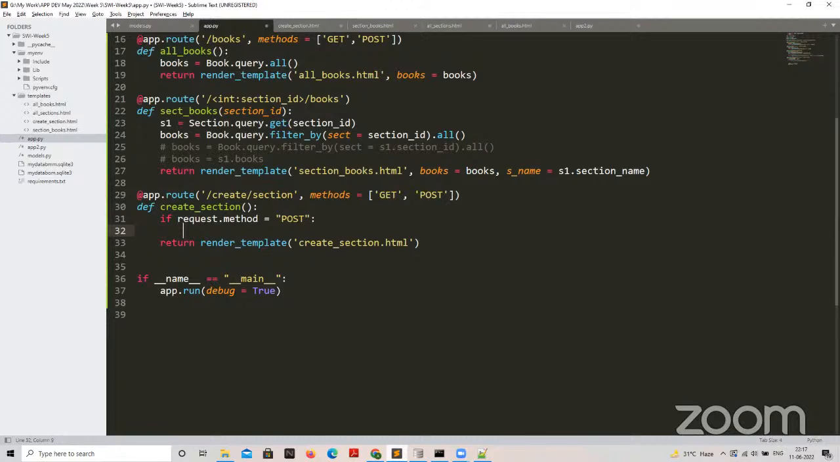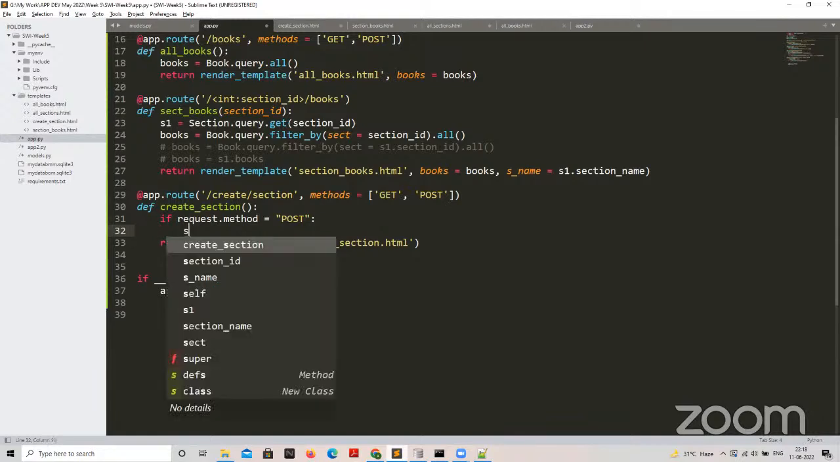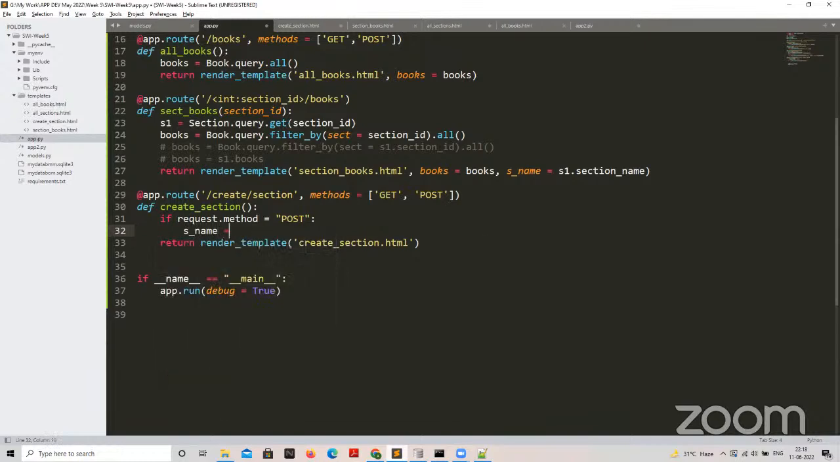Then I have to add the form data, and add a section to the database. So first, what things I have to add to the database, I'll take from the form, right? What is the name of the thing that I added? S name, right? So I'll just write it the same here, S name equals to,